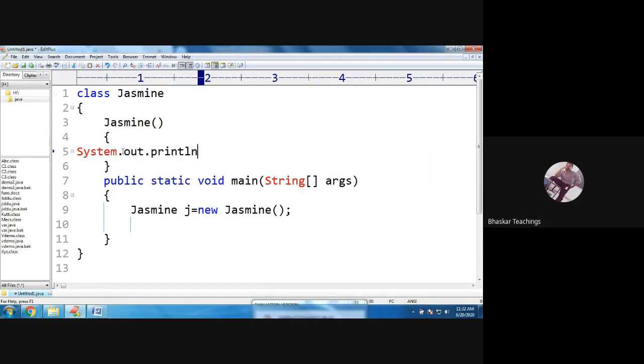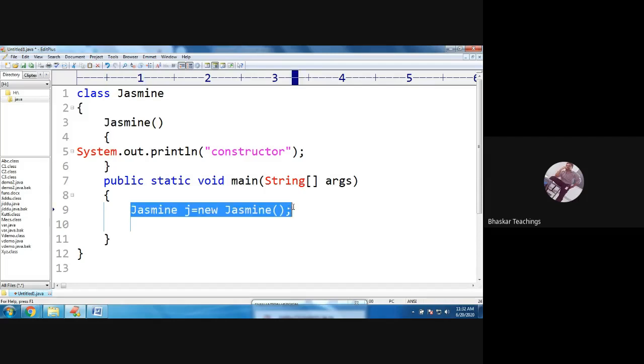System.out.println of "constructor" and Rasana. Okay, so constructor and Rasana. This is the printing statement inside the constructor. The constructor is the same as the class name. It can have arguments. It should not have a return type. Of course, it will have a body. And that constructor gets executed when the object is created, because in the object creation syntax we have a call to